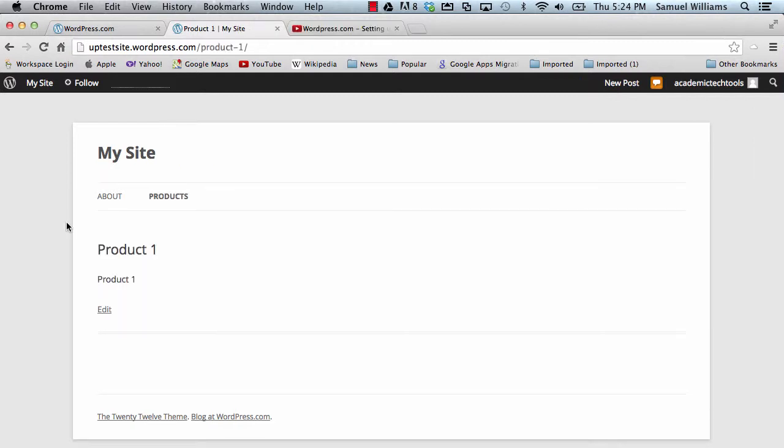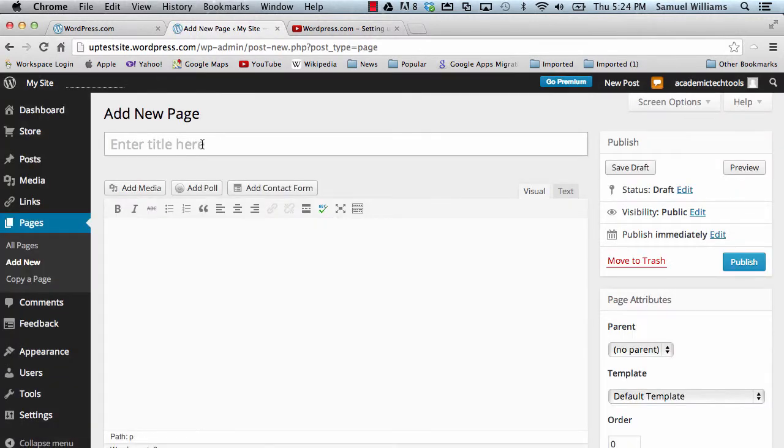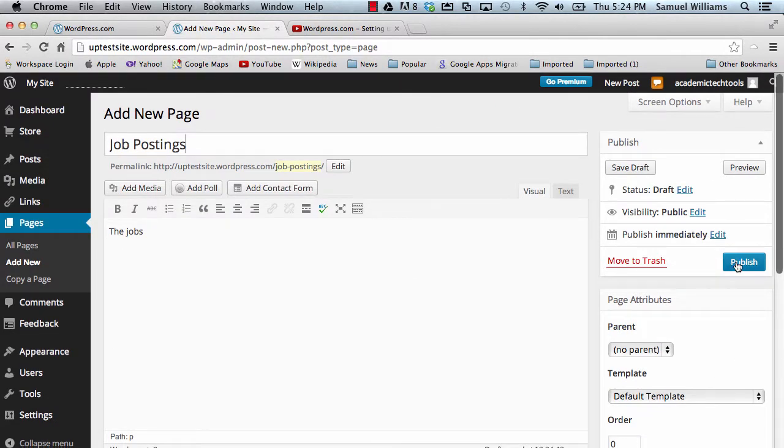Now we can start looking at customizing the site, adding additional pages, adding content to those pages, changing out the header graphic, and adding video content and graphic content to our site. Again, to add another page, I go to My Site, down to New, Page. For this one, I'm going to put HR, or maybe we'll put Job Postings. And I'm just going to put the jobs, making sure to uncheck the items below, and clicking on Publish,